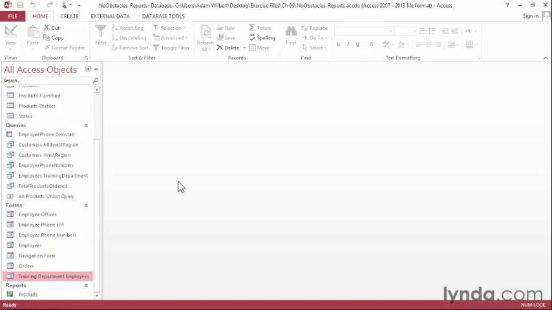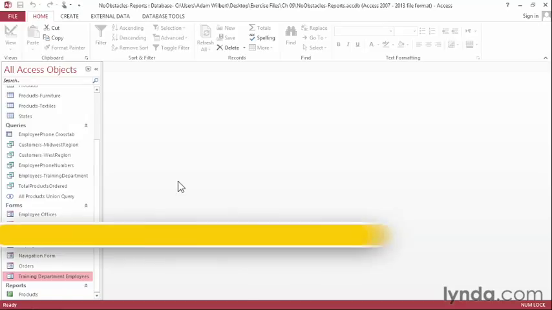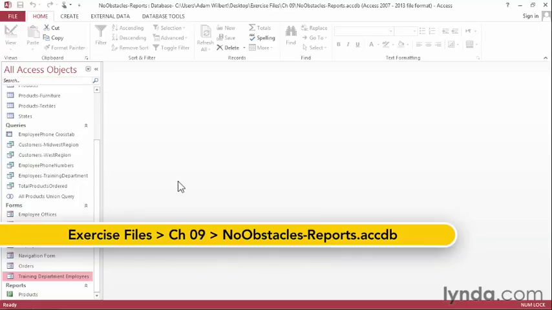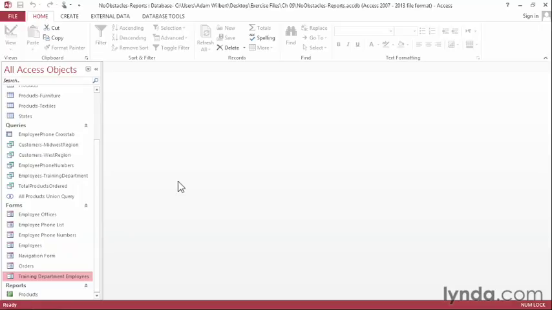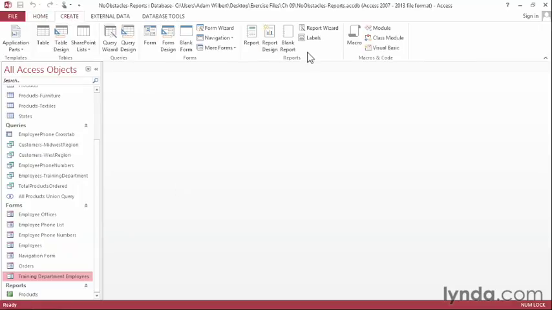Reports prepare your data for printed output. They gather input records from tables and queries, and then add formatting and page layout capabilities in order to organize the data and make it more legible. As you can see on the Create tab up here, there are lots of different ways that we can create